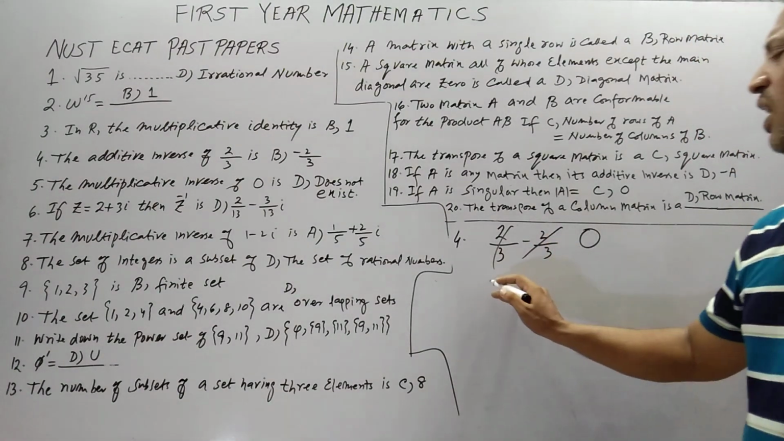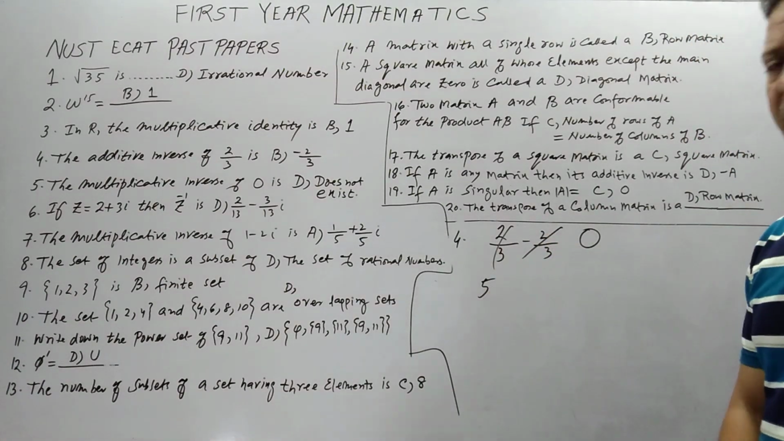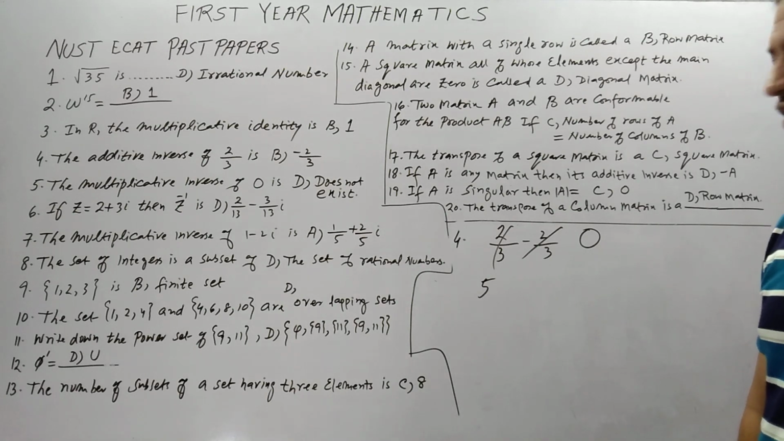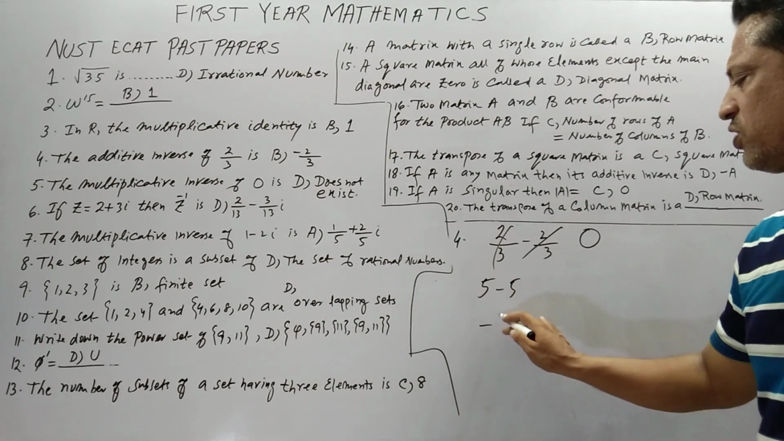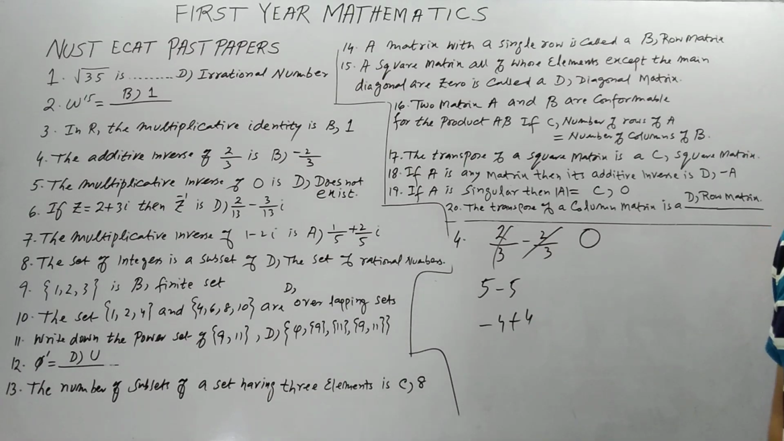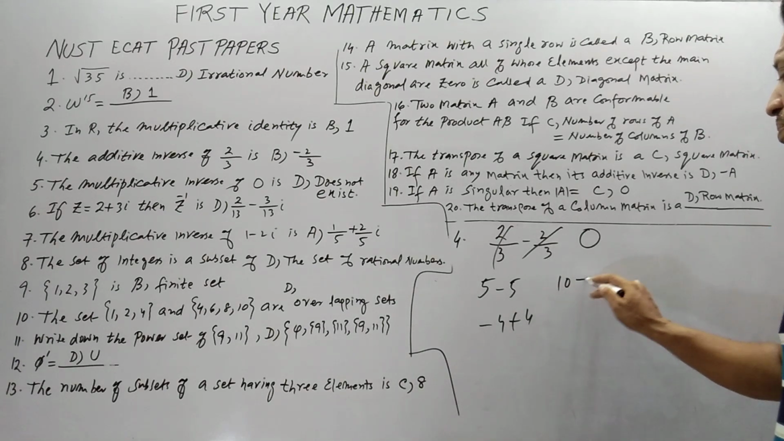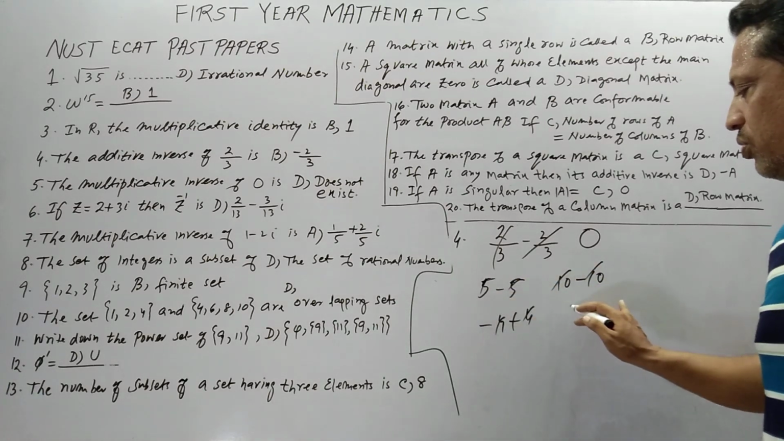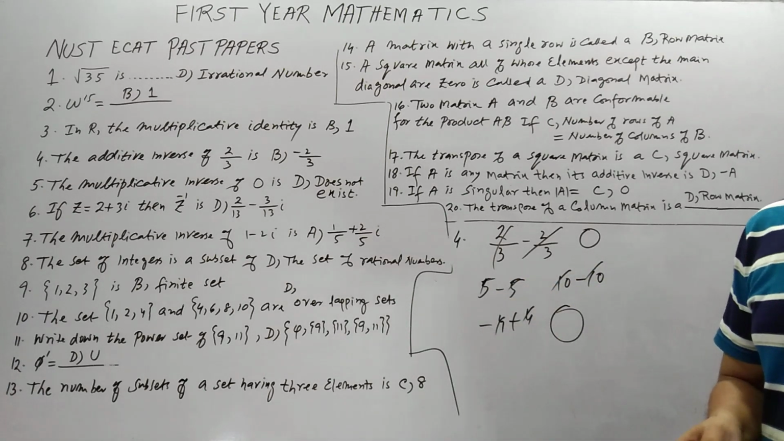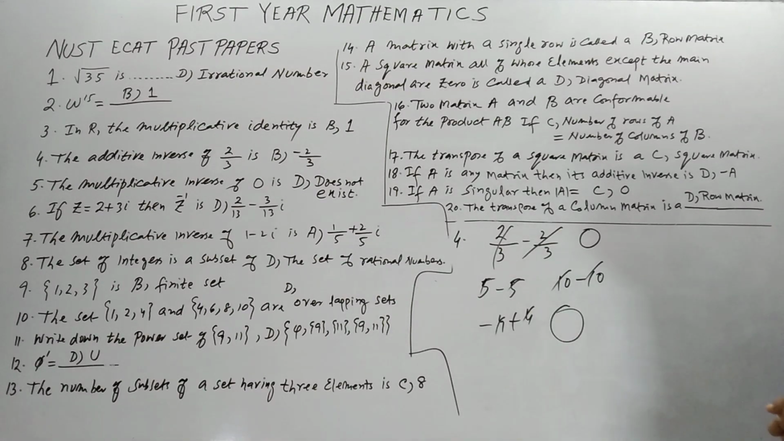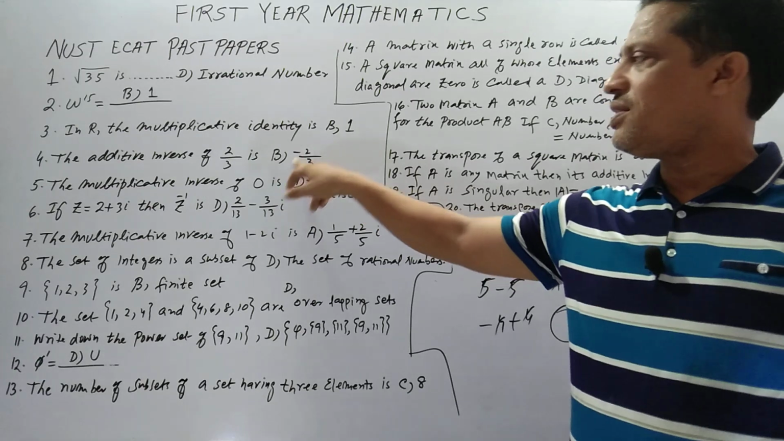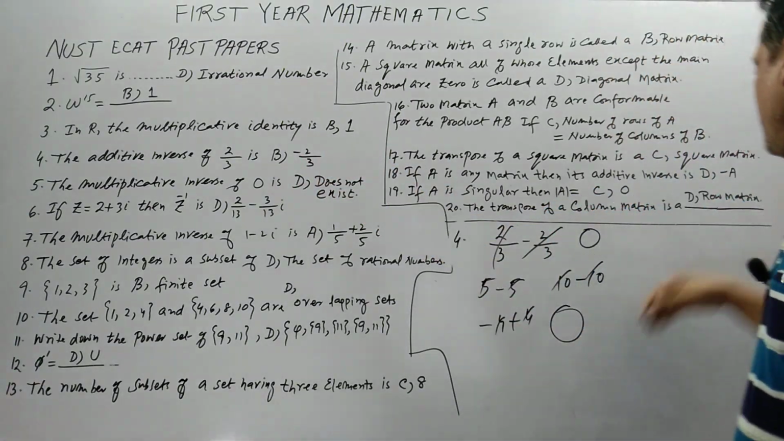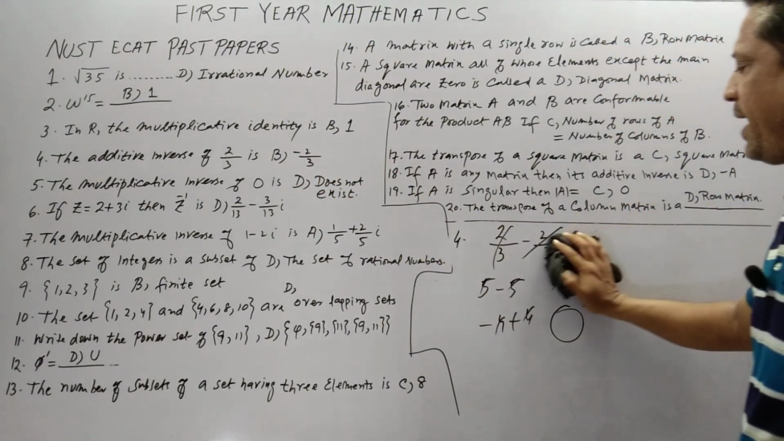For example, the additive inverse of 5 should be minus 5. Additive inverse of minus 4 should be plus 4. Additive inverse of 10 should be minus 10. So that the sum remains 0, because 0 is the additive identity. Okay. So the correct option of question number 4 is option B. Answer is minus 2 upon 3. Okay. Next,